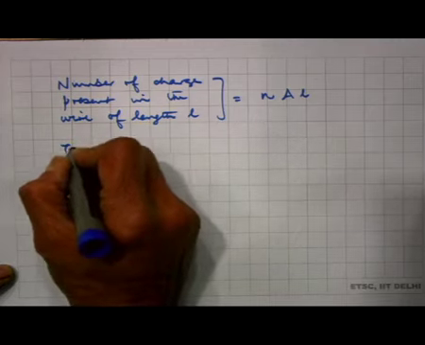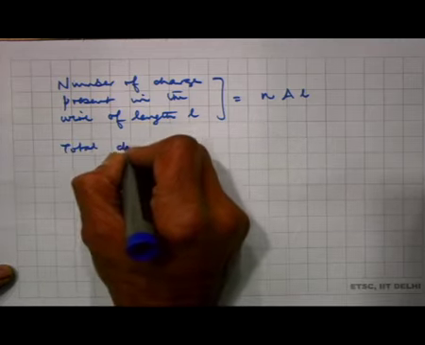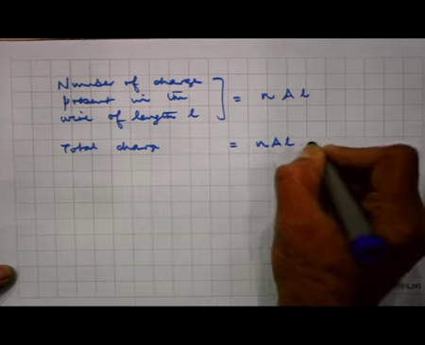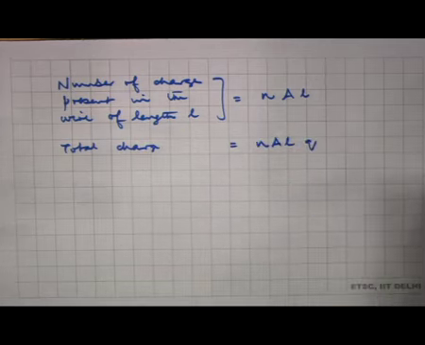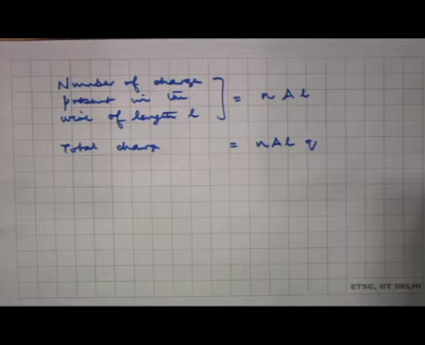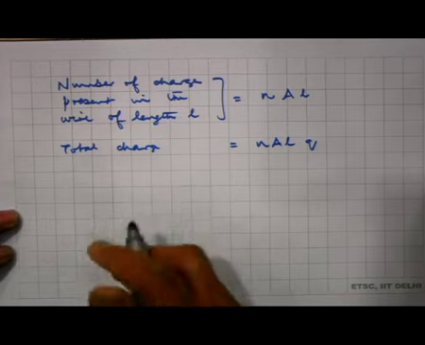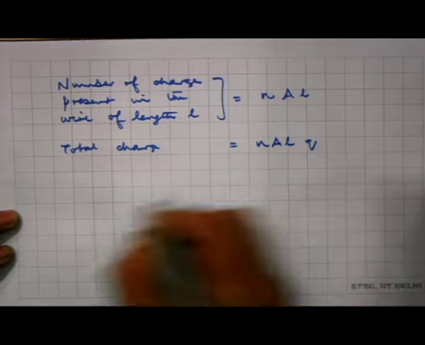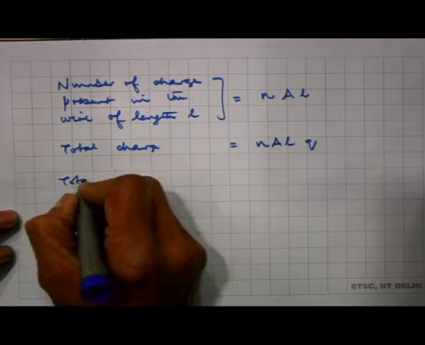So, total charge is equal to n A L times Q. Each of the charges has a magnitude Q. So, the total charge of this volume is n A L into Q. So, the force is acting, magnetic force is acting on all these charges. So, the total force